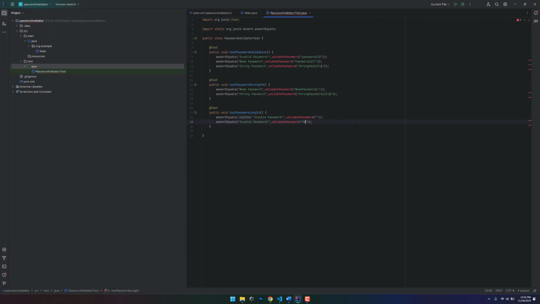So even though we have, let's say, all the characters that we want, this should essentially fail, because even though we have all the characters, it's not above 12. This is below 12 characters, so this should also print out an invalid password case for us. And moving on, these are the first 2 conditions, and the next condition would be where we have a valid strong password